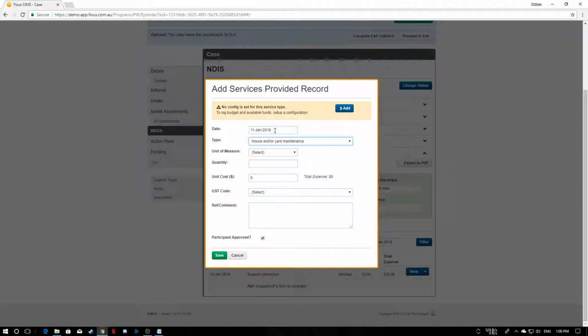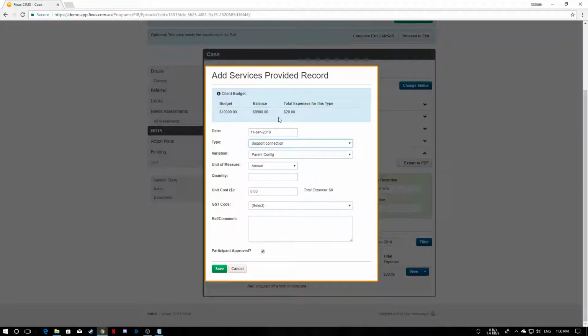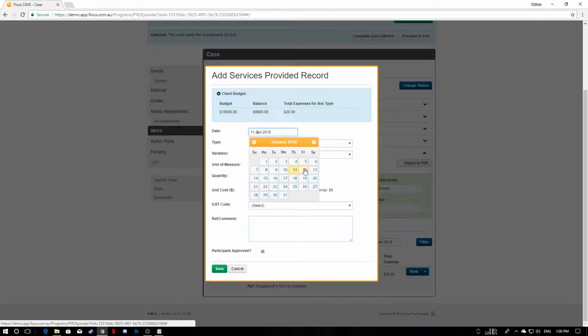Just like you've always done in using the screen, you select the date, you've already picked the type, and then you pick the other figures. So it's not a big dilemma that a budget isn't in place or a config record isn't in place. So let's pick the one we were using, support connection. It shows that we've already got $20 accrued. So once again, I've got to cheat and put the date forward,